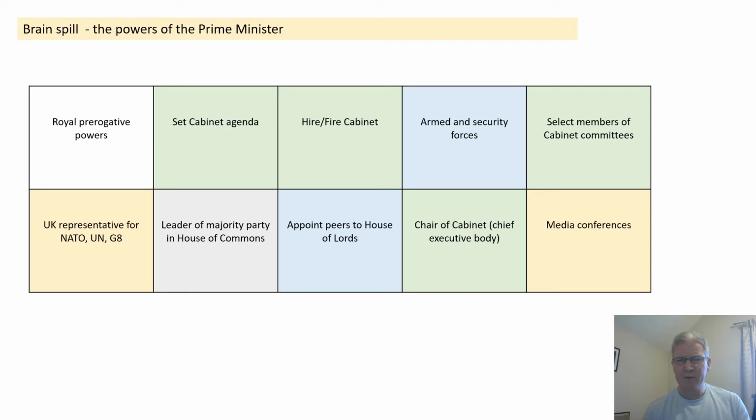Other royal prerogative powers, which are significant: appointing peers to the House of Lords, as we've seen recently, and armed and security forces control, which is obviously very significant. But also those, I suppose, less constitutional powers, things that almost draw the Prime Minister into being head of state, being the key UK representative in negotiations for different international groups, being the main figure in terms of media conferences, but most significantly being leader of the majority party, and the fact that that is the root of the power of the Prime Minister and the fusion of powers that exist